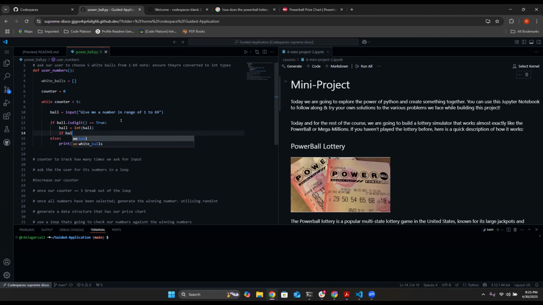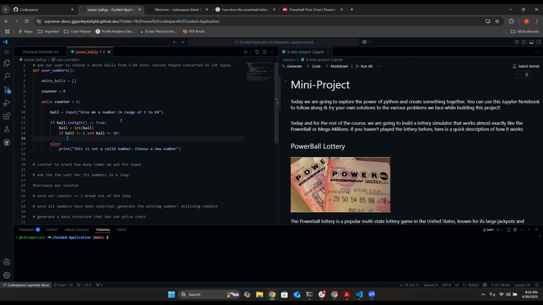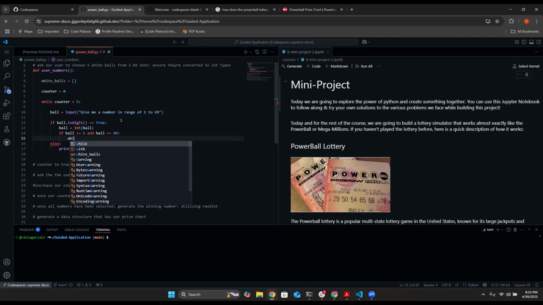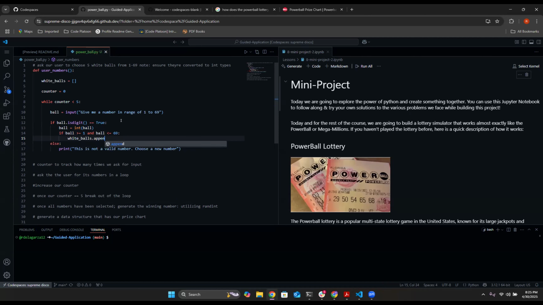So we're going to say if ball is greater than or equal to 1 and ball is less than or equal to 69, then I want to add it to my list of balls, right? If it's a valid digit and it's within the range that I'm looking for, then I'm going to add it,